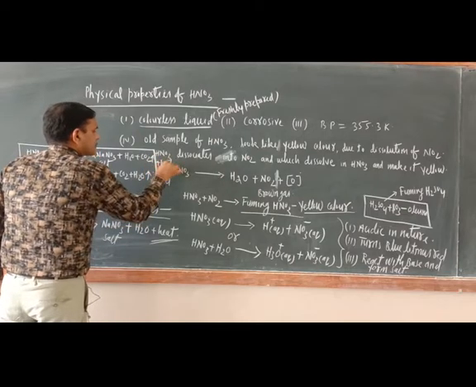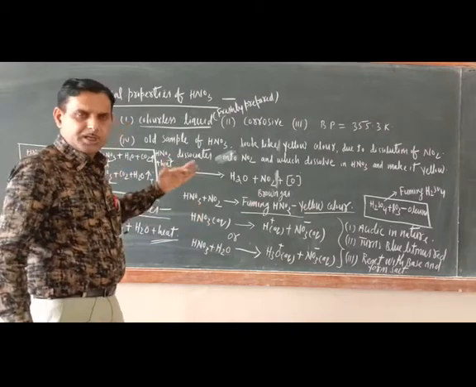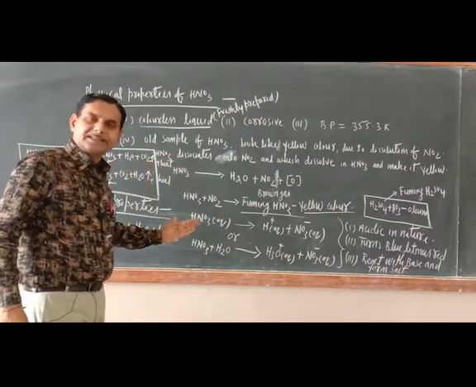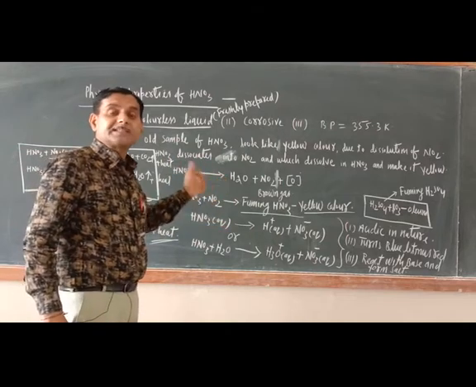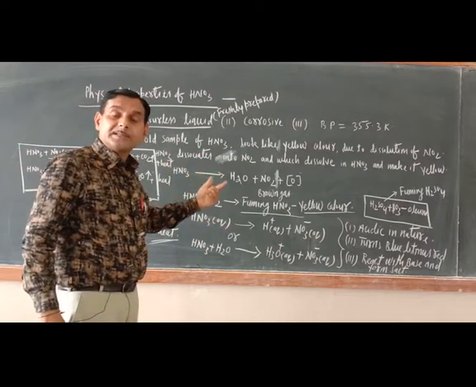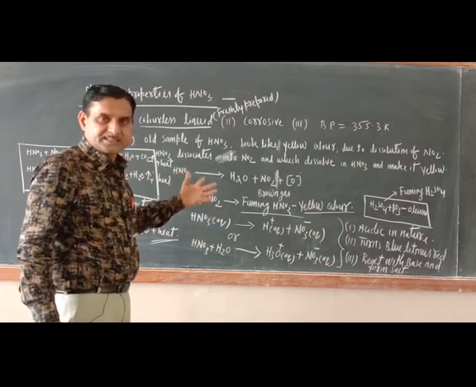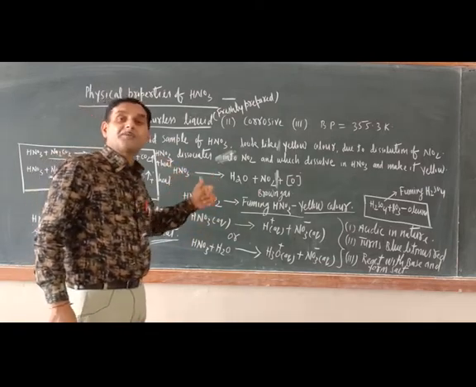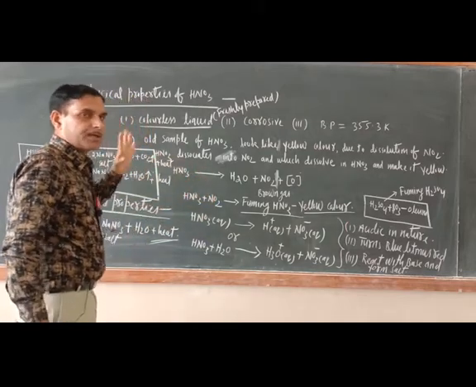Okay, so in a nutshell what we can say, HNO3 is nothing but an acid. Since it is an acid, it must furnish H positive ion, it must turn the blue litmus red, and it must react with the bases. Bases may be strong or weak, but it must react, and HNO3 is doing so.